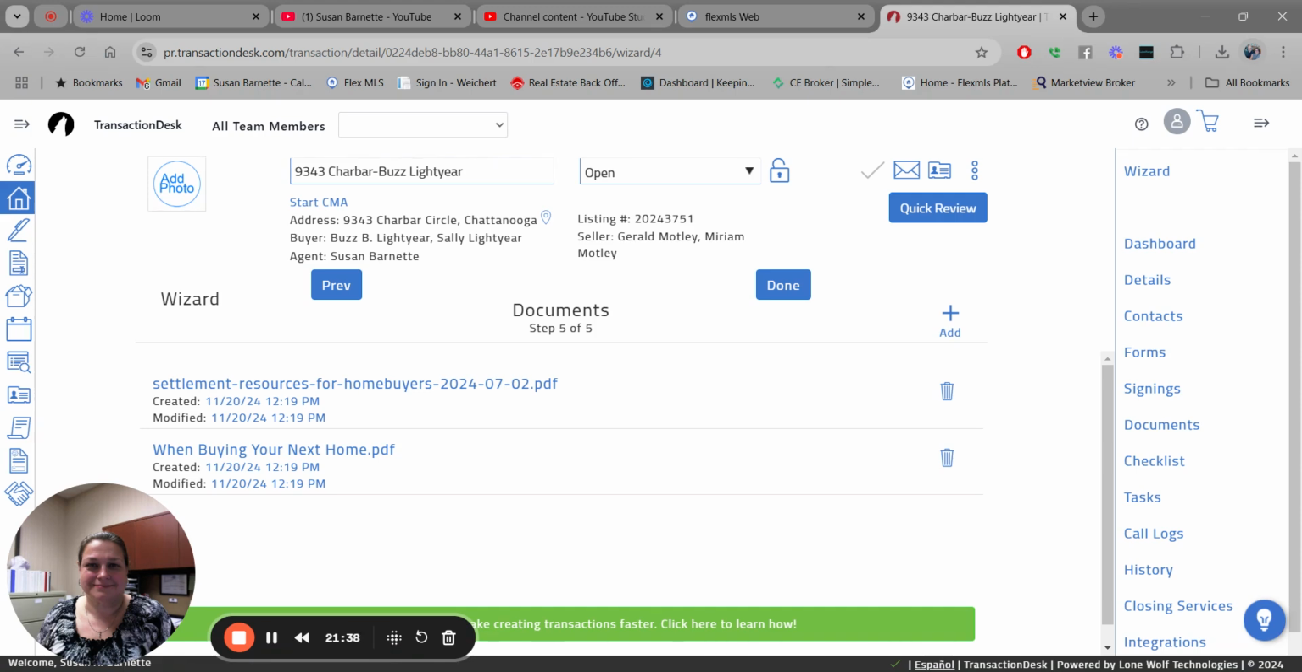Some MLS will go ahead and import like the property condition, the confirmation of agency, the lead-based paint, those documents that are uploaded in the MLS. When you import into Transaction Desk from the MLS, some MLSs will import those documents. Some don't. So I don't know if your MLS does or doesn't. This MLS did not do that. So what I've had to do is I've had to go out to the MLS. I've had to get those documents, download them, put them into my computer